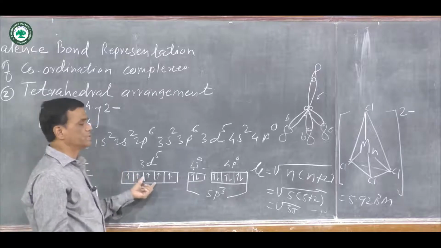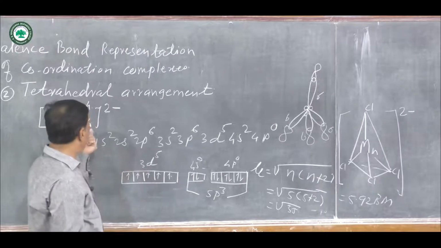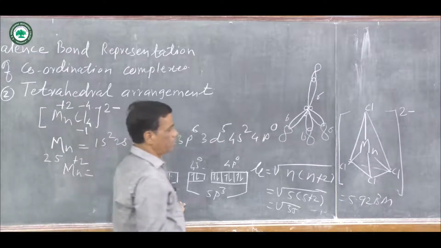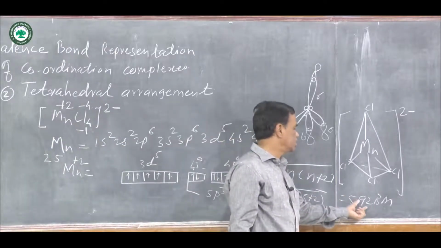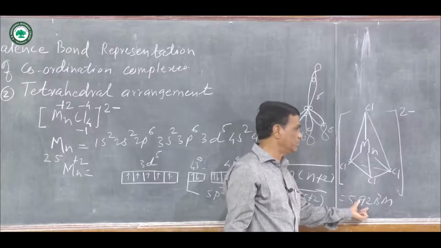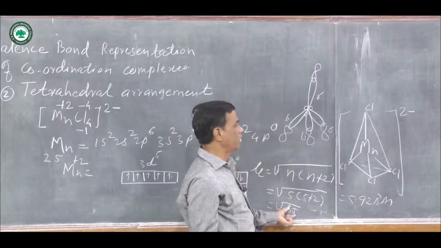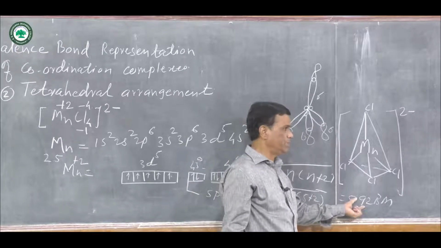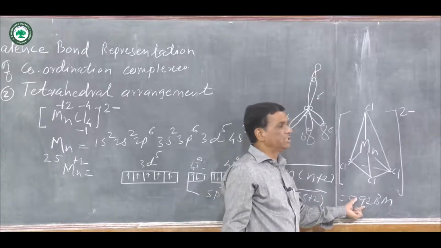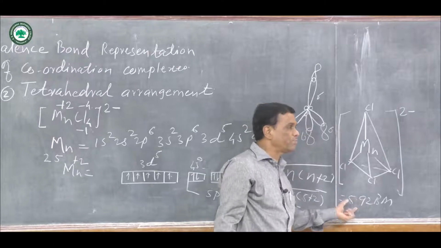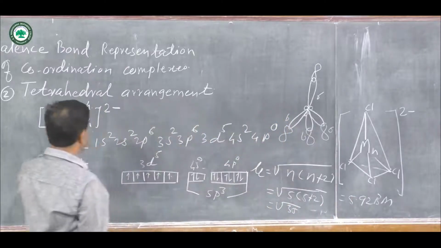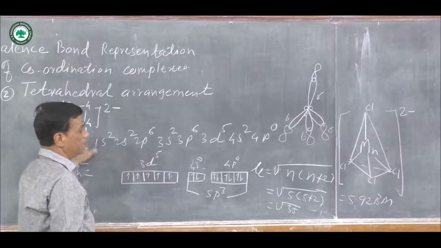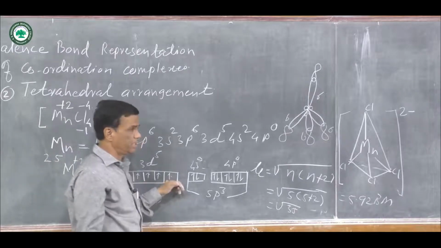Here n is equal to 5, and if you measure, the value is around the calculated value, that is 5.92 BM. It is the square root of 35, and here a 5.92 BM value is obtained. This indicates that this complex ion MnCl4 2- is paramagnetic in nature, and there are 5 unpaired electrons present